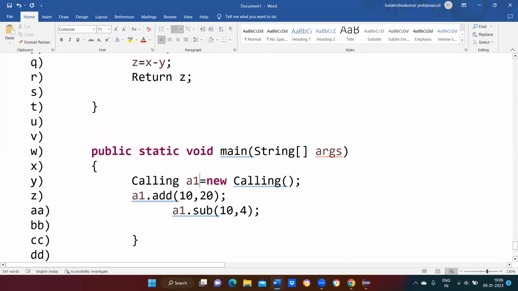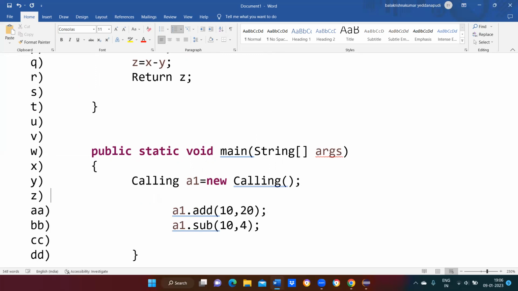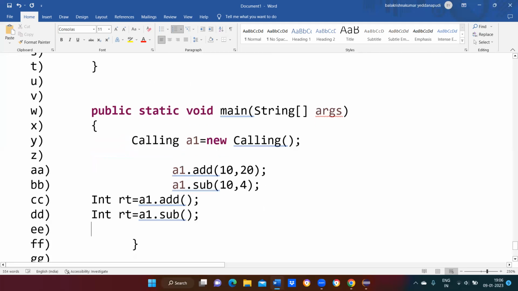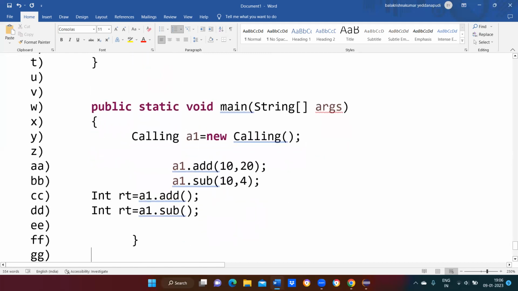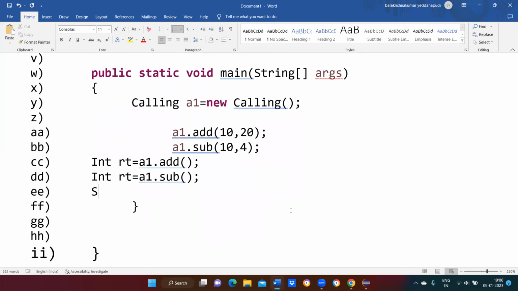So what we can do is, with class name and variable, I'm going to create a variable with int as the data type. Int return type equal to object dot, what is the object? a1 dot, what is the method? add. Similarly, integer return type a1 dot subtraction. So here, look, return type z means automatically you can print the values in the main method. So system dot out dot println addition